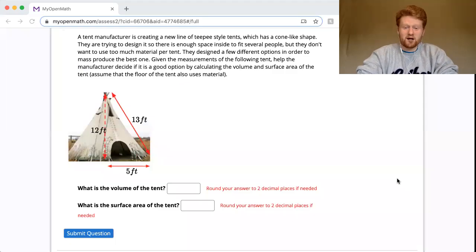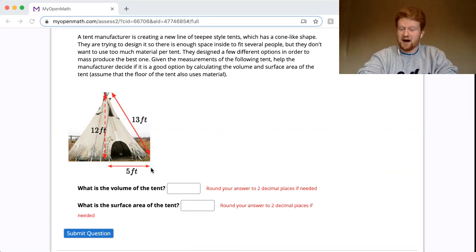All right, it's time to bring it all together and apply what we've been learning to an actual problem. So here we have a teepee, a cone-shaped tent, the vertex up top and a circular base down here. And we want to find the volume and the surface area of this tent. So here we have the height, this dotted line being 12 feet, the slant height is 13 feet, and the